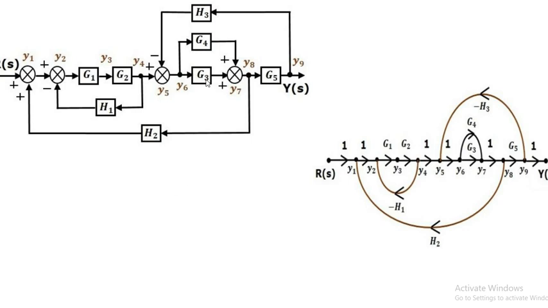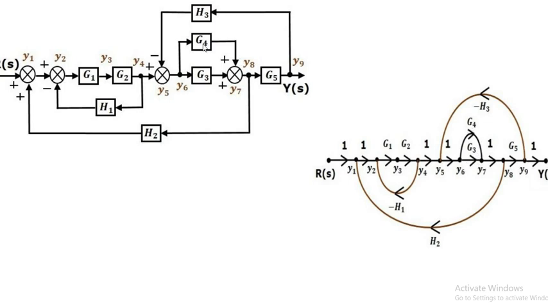Now the next part is we have taken the signal from y6 and connected it to this summing point. Otherwise I can say that it is taken from this take off point and it is connected to this summing point. Okay, so it is taken from the y6 node or take off point and it is connected to y7. This is y8, sorry, this is connected to y7. Okay, and the gain is what? The gain is G4. So it is written over here over the branch. It is not G3, the G3 is a below branch gain, so this is G4.